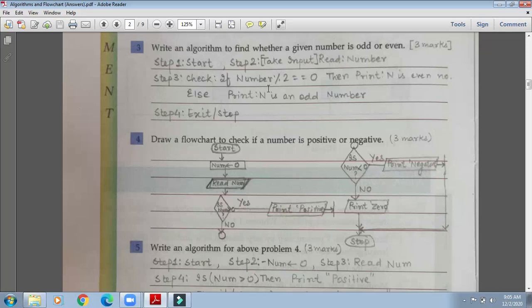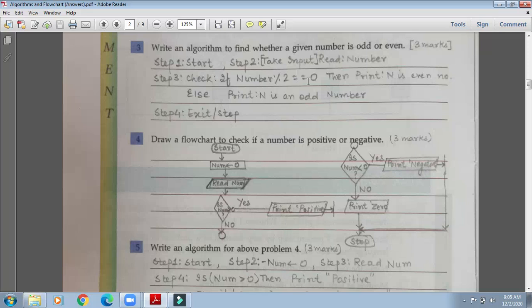So if number divided by 2 gives remainder equal to 0, double equal to means equal to, in computer double equal to means equal to only. So if number divided by 2 gives remainder 0, I have written using the operator.